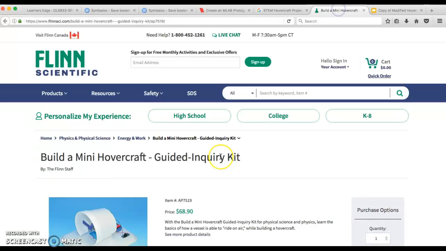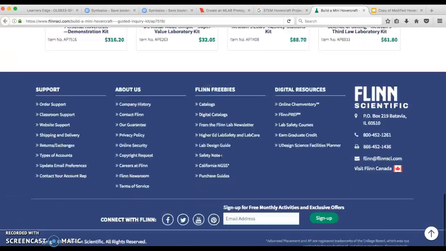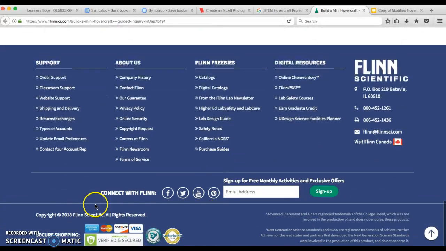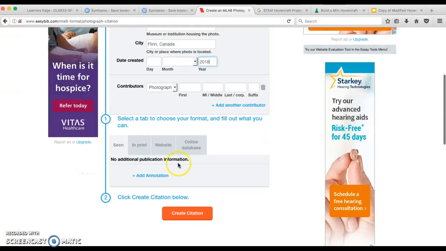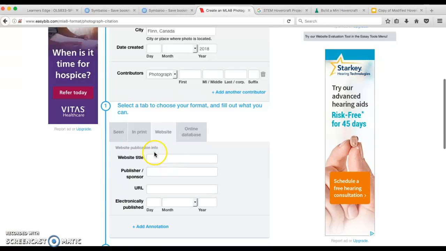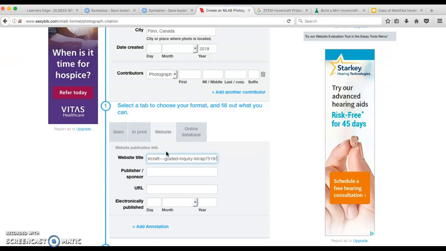Okay, and then date created. You have to look. Sometimes they give you a date, sometimes they don't. This is copyright 2018 Flynn Scientific, so I'm just going to use 2018. No contributors. So it is a website. So now I'm going to actually copy the website, put it in my citation,